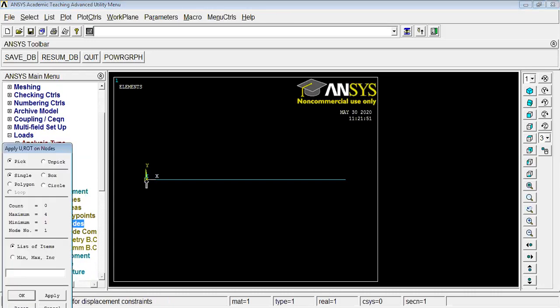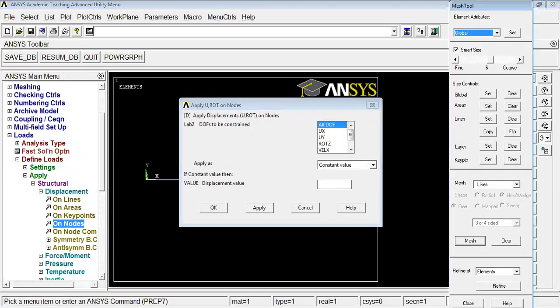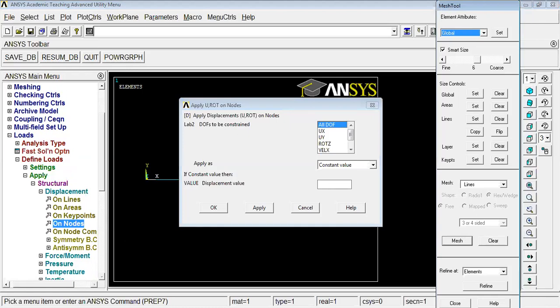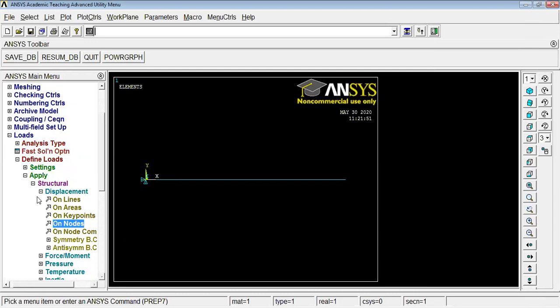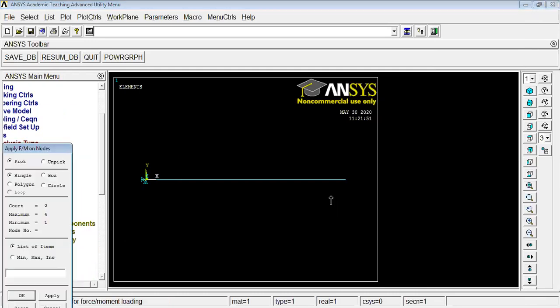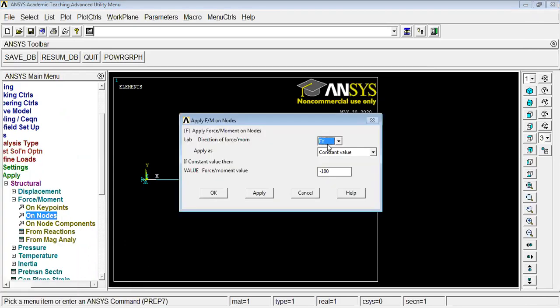So on node number 1, all degrees of freedom are constrained, and it is subjected to a force of 100 Newton at the right end, which is a Fy value of magnitude 100 Newton.